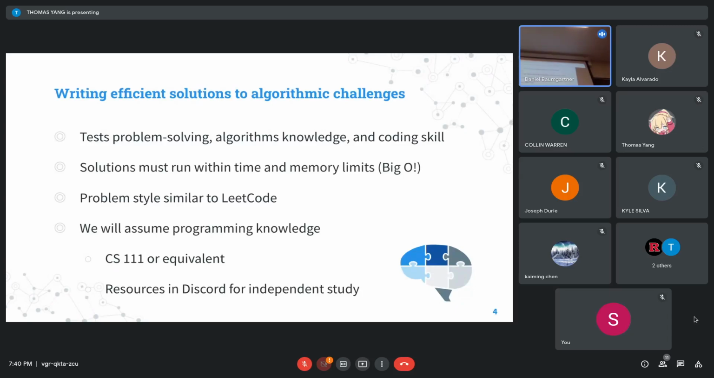And finally, at the end, we have the assumption, which is that we will assume programming knowledge. In practice, that's pretty much just knowing CS 111, how to code some basic building blocks, and we'll have some resources in Discord if you want to figure some things out on your own, faster than 111 would do itself. So on the next slide,